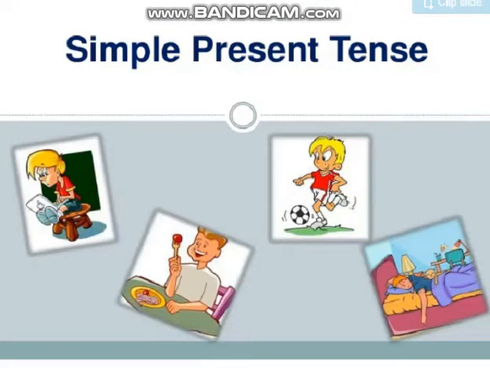Look at these pictures. In the very first picture, the person is working on a laptop, so here you can see he is working at the same time. That's why we use simple present tense for it. In the next, another person is eating, so we would use present tense for it. In another picture, a boy is playing, and then a person is sleeping. So here you can see that all these actions are happening now. That's why we would use simple present tense for it.